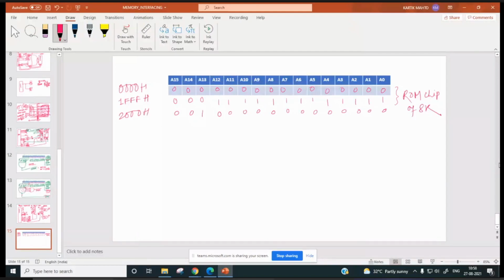Right. So A13 has to be 1. And so it will be 0, 0, 1, 0, 1, 1, 1, 1, 1, 1, 1, 1, 1, 1, 1, 1. Right. So how many bits are there? 4, 8, 12. So this is how much? 2 to the power 12.